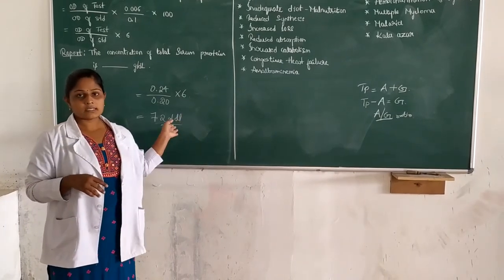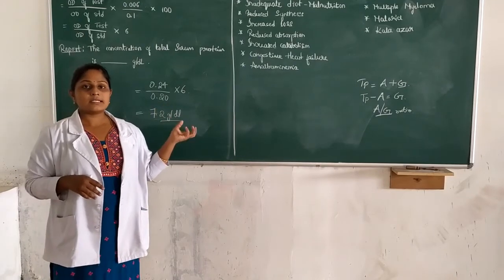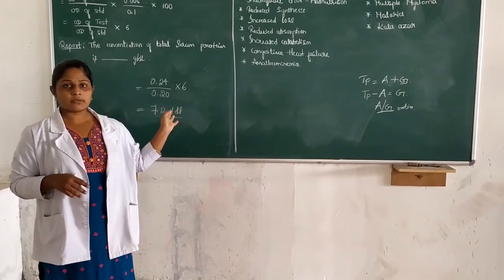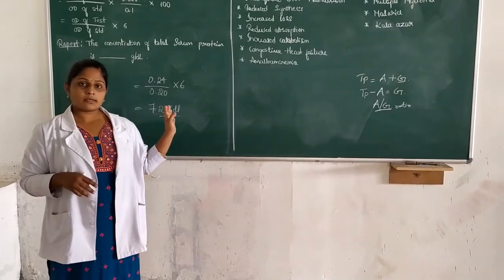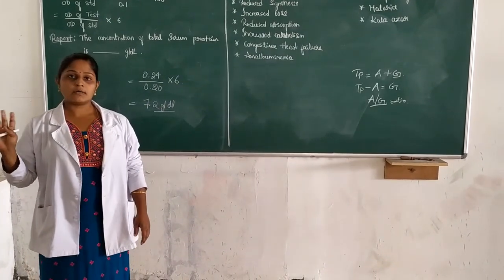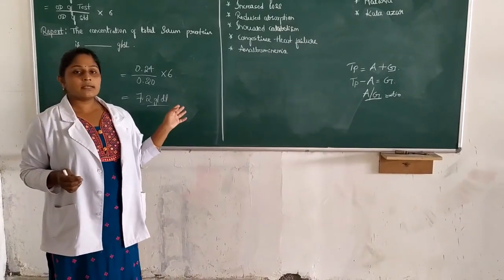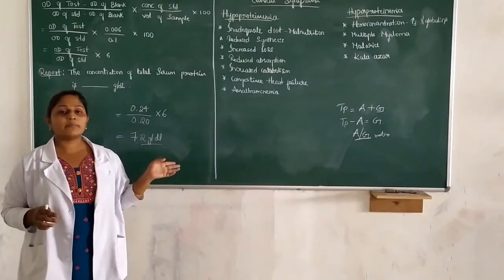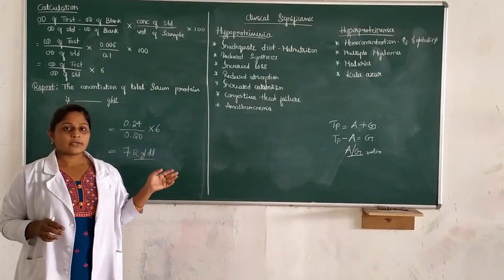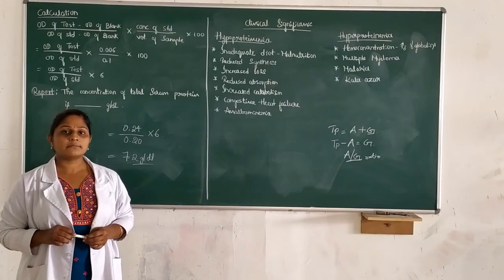So these are the other methods. Routinely only Biuret is done. Here also in our clinical chemistry biochemistry lab, protein is estimated based on this principle. Doing the procedure, carrying it out, taking the reading, I hope it is clear. And regarding clinical significance also, hypo, hyper and altered AG ratio, in what all conditions it is there. I hope this is clear for you all. Thank you.